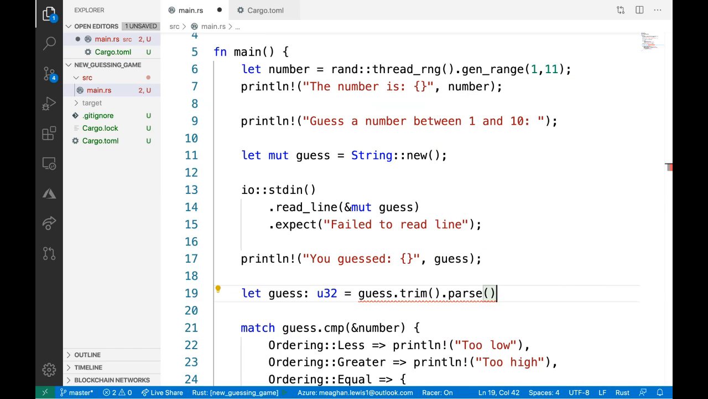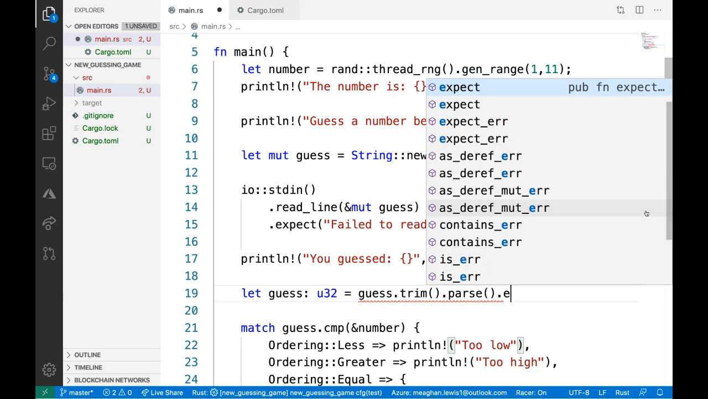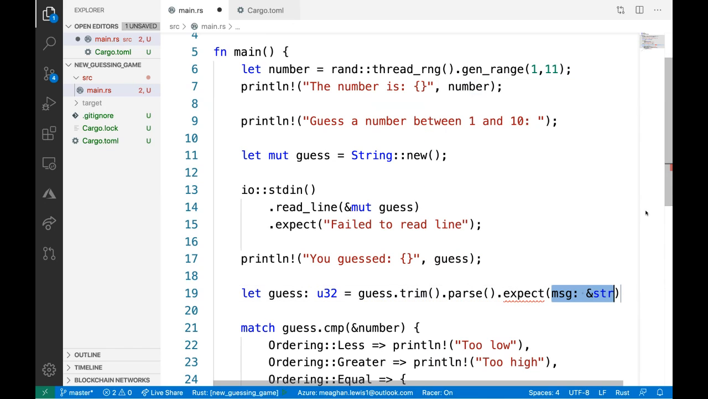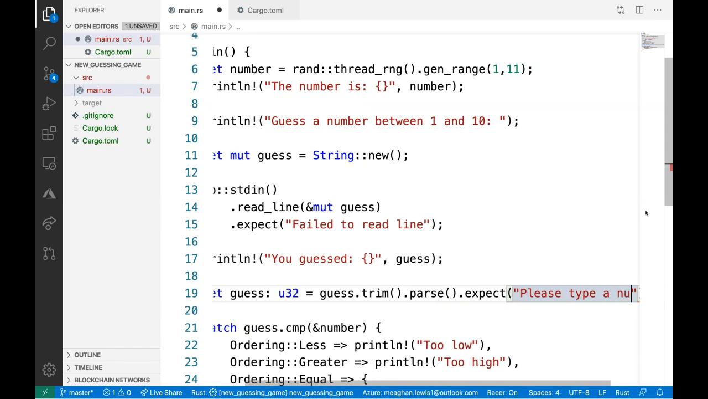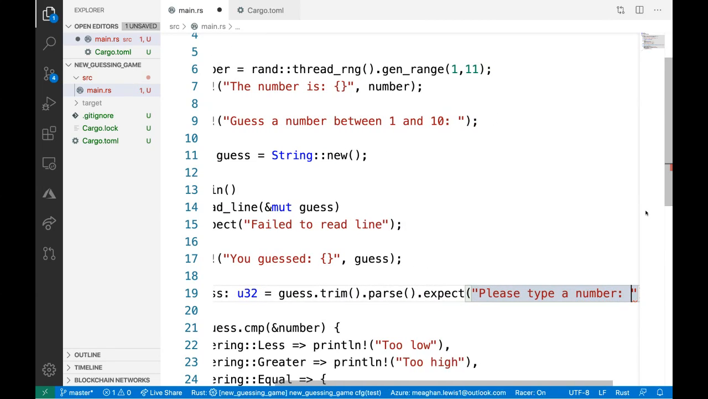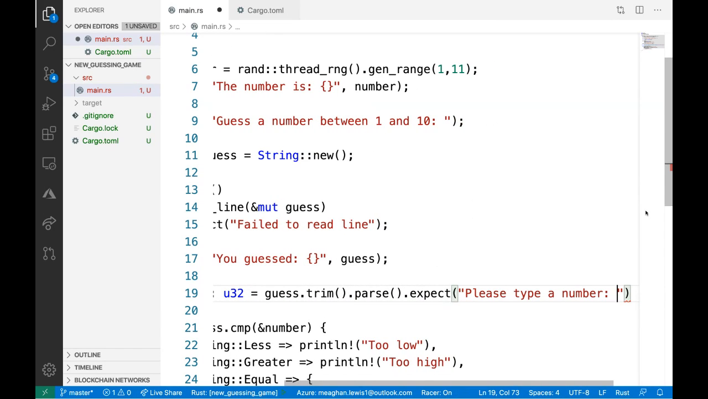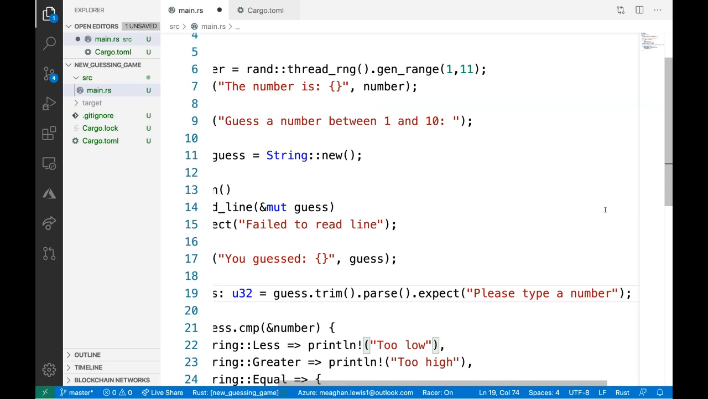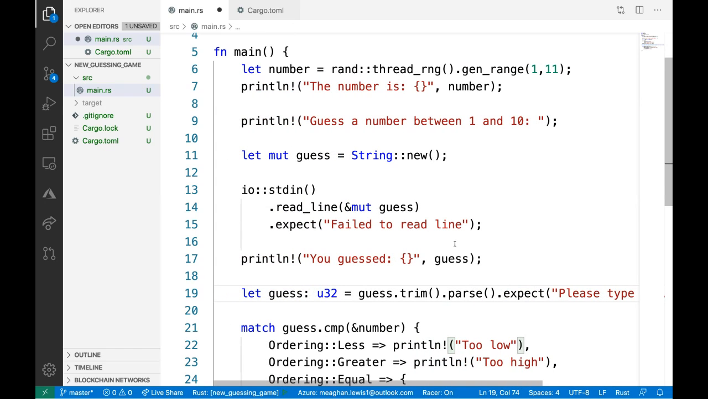And then I want to account for any non-number to possibly be returned. So here I can say .expect, and I want to just pass in some kind of message in case we have something that is not a number. Perhaps someone is trying to break my program and enter some kind of emoji or something that we cannot then evaluate. So go ahead and just define our